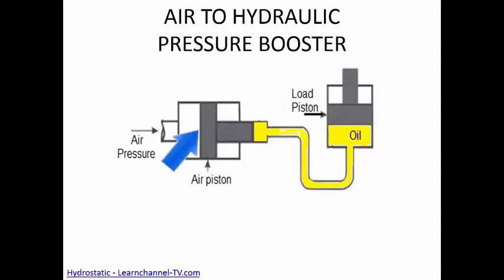So low pressure air is acting on a very large piston, so you are able to generate a very large amount of force. So this large amount of force is acting on a very small area, so you are able to generate a very large amount of pressure. So low pressure air you are utilizing to increase the pressure of the hydraulic fluid. So if the pump capacity of the hydraulic system is very less, but you have a compressor which has a lot of spare capacity, then you can use this particular system to increase the pressure of that hydraulic fluid. So that is also possible.